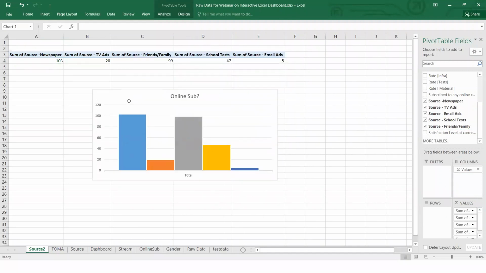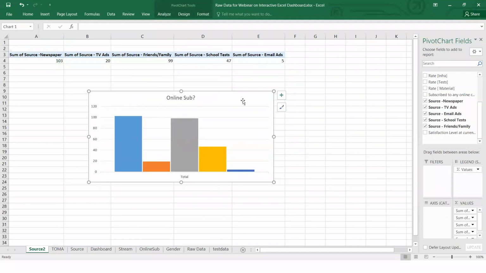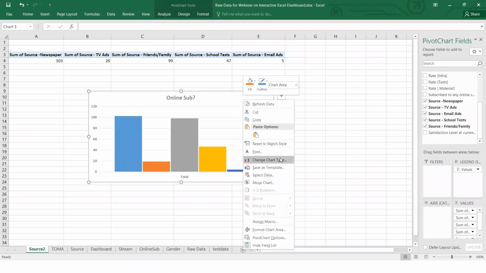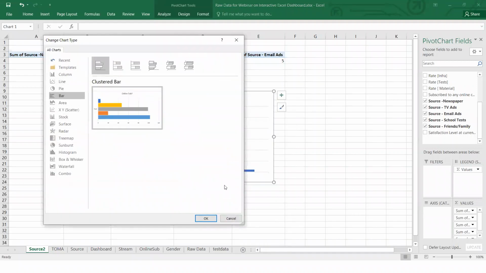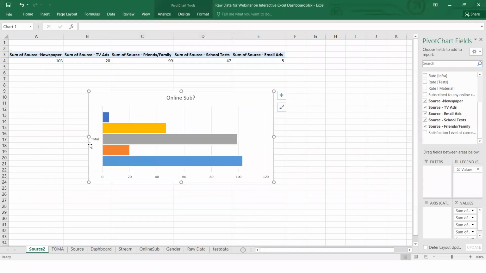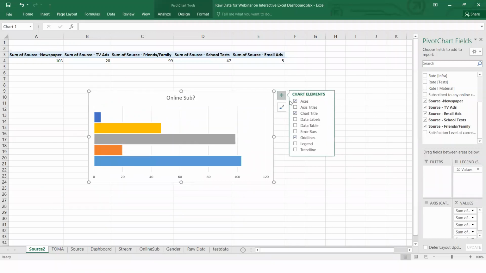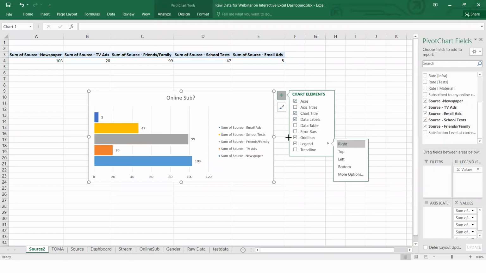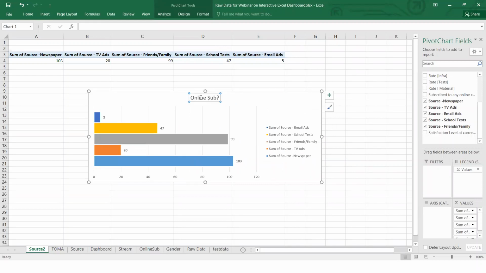So we created this kind of chart, but we require a vertical chart, so we'll change this chart type to bar and press OK. We don't require this, so we will delete total. Add data labels, legends on the right, make it a little bit bigger, change the title to source of awareness.